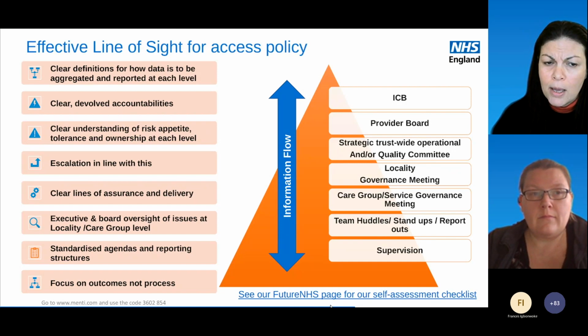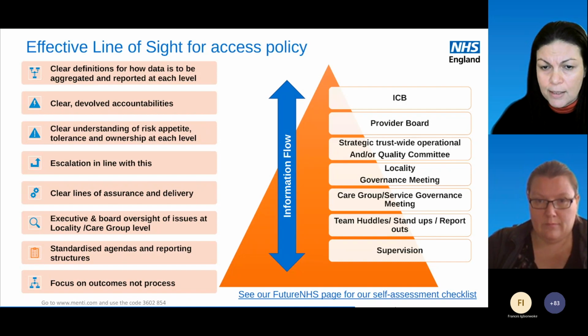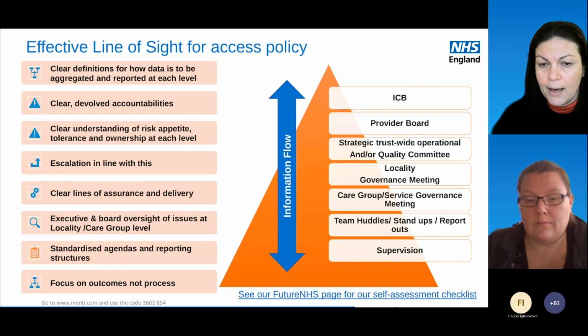So if you look at the information flow of how an access policy not only is developed, but then measured and then showed the impact, you can see on the right-hand side of the slide that it's across the organization. So it's where the work happens at a team level and in supervision, going all the way up to team huddles, service governance meeting, locality governance meeting, at a strategic level, at an exec level, and also beyond